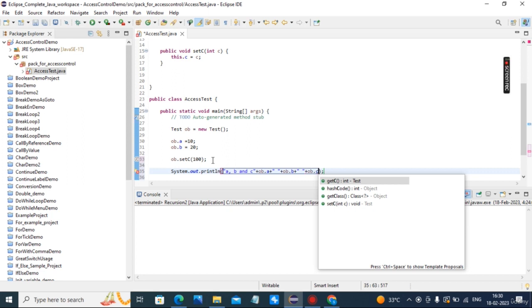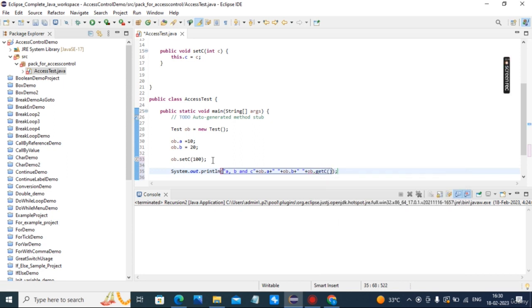I cannot write it like this. I have to try ob dot getC, that will display the value of ob dot c.